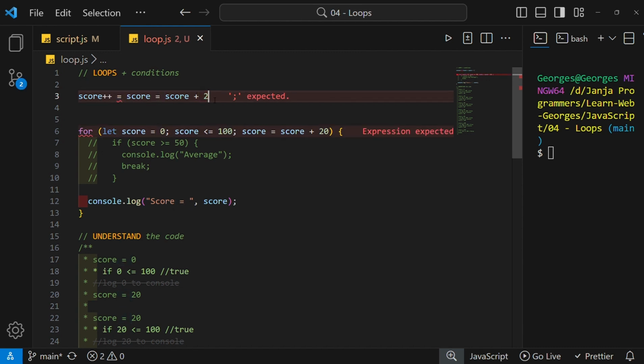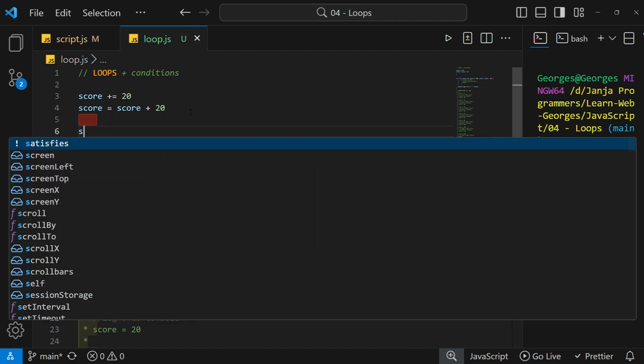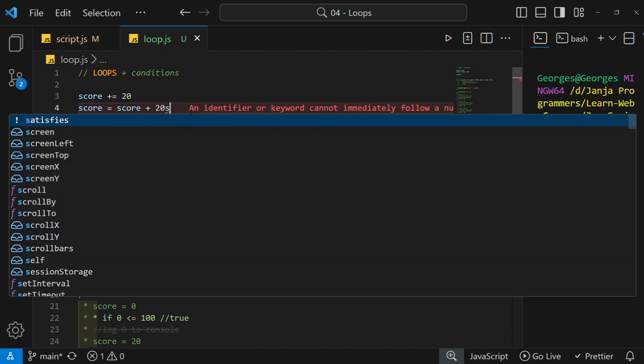So score equals score plus 20 is going to be the same as score += 20. So this is the same as saying score equals score plus 20. Just the same way, our previous one, which was score++, is the same as saying score